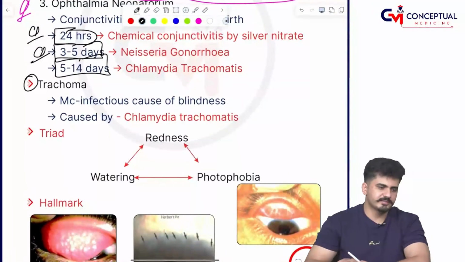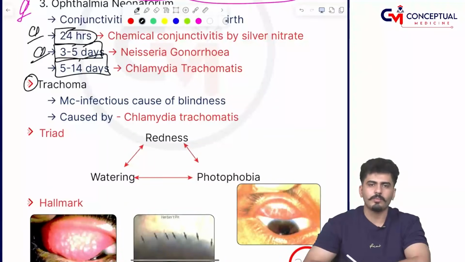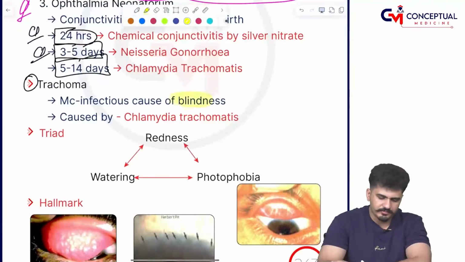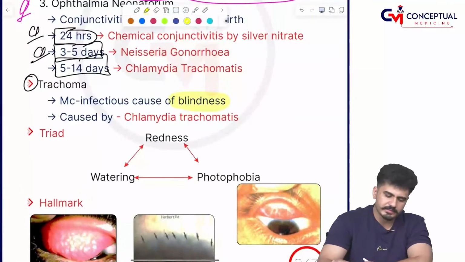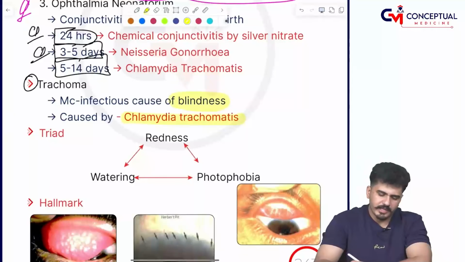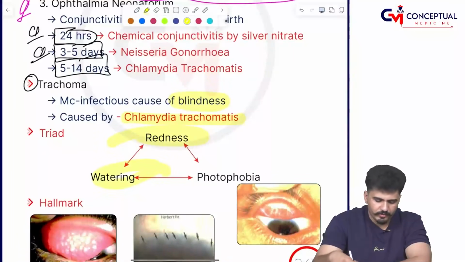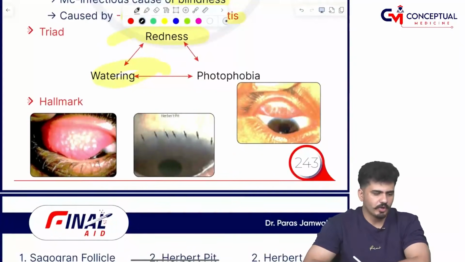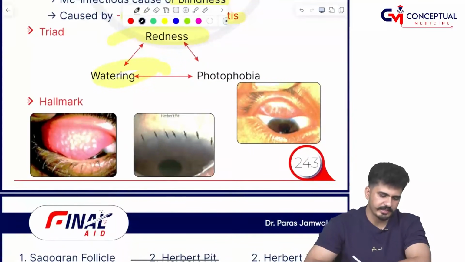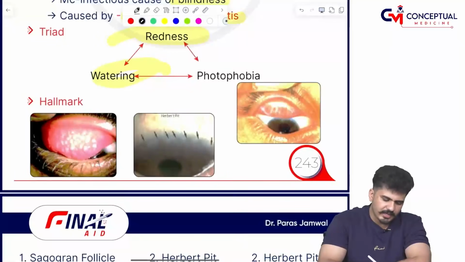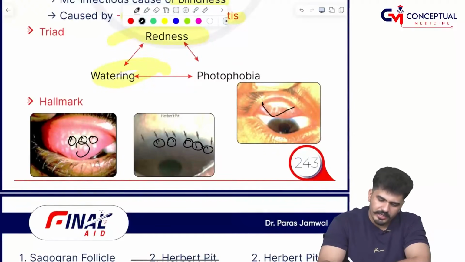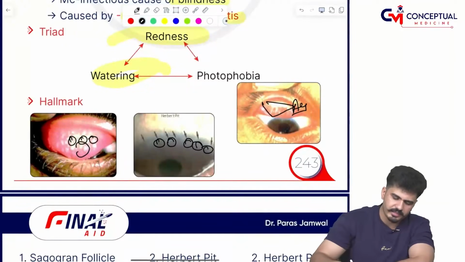Let's talk about the next disease, that is called trachoma. Trachoma is the most common infectious cause of blindness, caused by Chlamydia trachomatis. Triad, we are having redness, watering, and photophobia, but the main important is hallmark and SAFE strategy. What we follow, those all are the questions asked in the exam. Now this is called sago grain follicles. These are the pits right here called Herbert pits, and this scarring is called Arlt's line, my dear